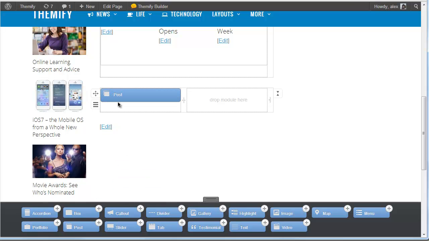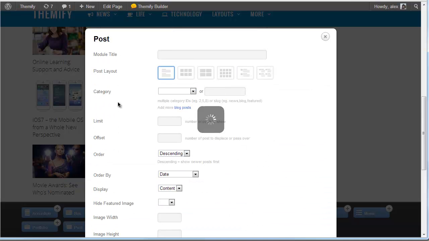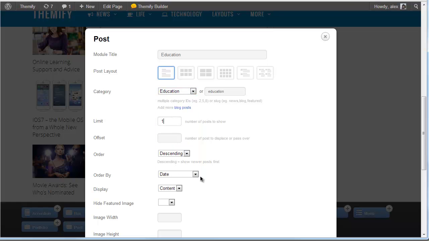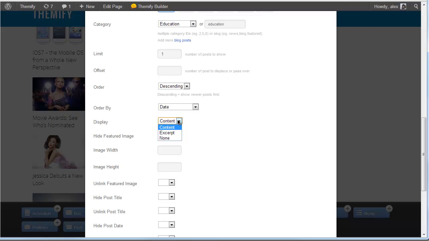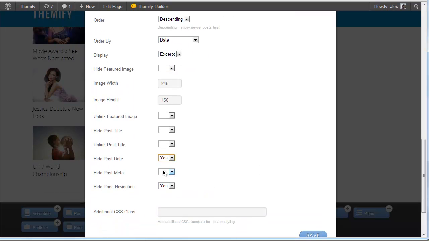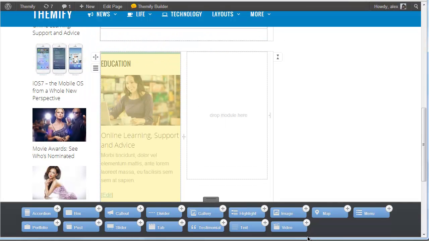On the left hand side, we're going to create the education category. So we're going to add in a title of education. Select the category here in the drop down. This is going to display our large post, and so here we're going to display the excerpt and have the image width and height set at 245 and 156, and again just going to hide the date, meta and navigation. Hit save on that, and that's going to create the one large post,